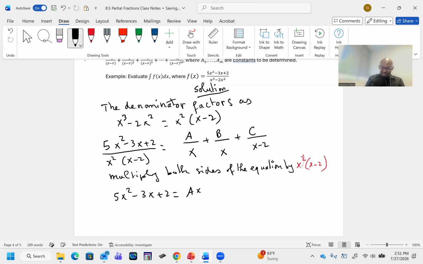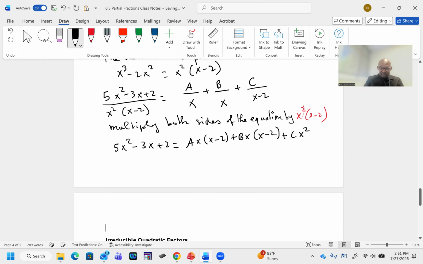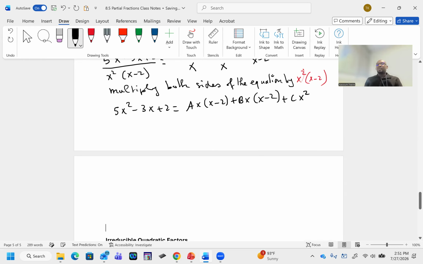Ax times x minus 2, bx times x minus 2, plus cx squared. So if I factor again, if I factor everything, I will have my 5x squared minus 3x plus 2 will be equal to what? If I factor x squared,